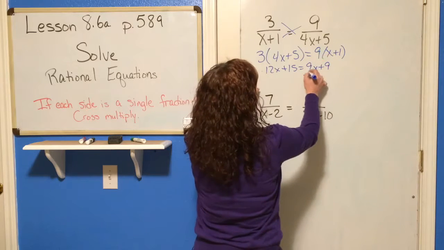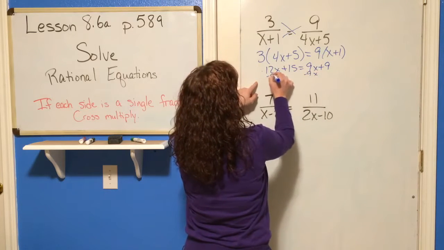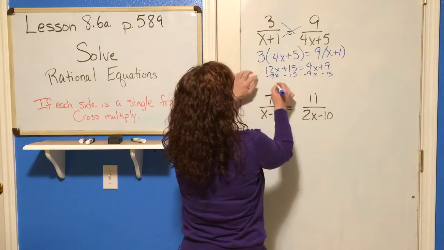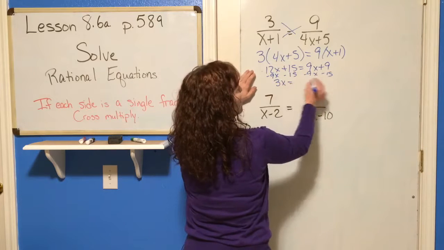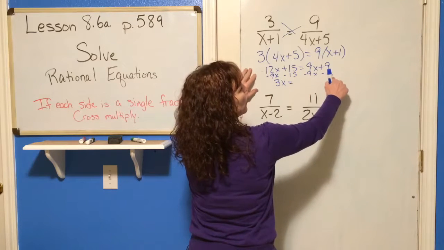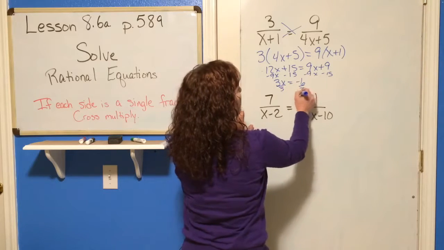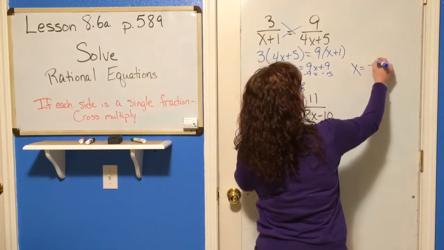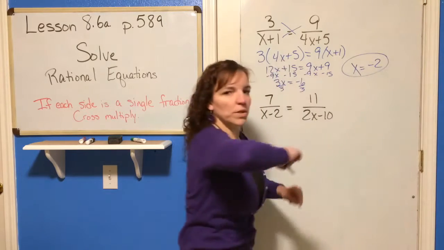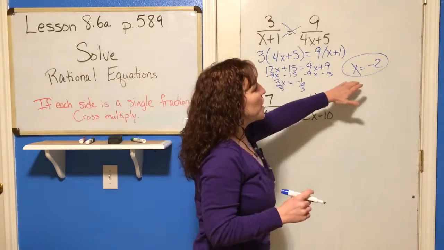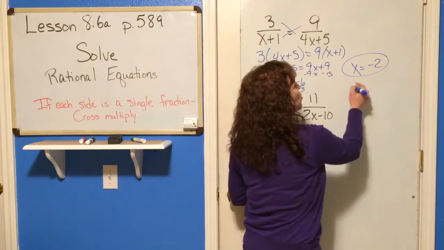You're going to subtract 9x and you're going to subtract 15. So we get 3x equals negative 6. Divide by 3. So x equals negative 2. Done. Did you do it as quick as I did? Ha! All right, the only thing that you've got to do is make sure to check